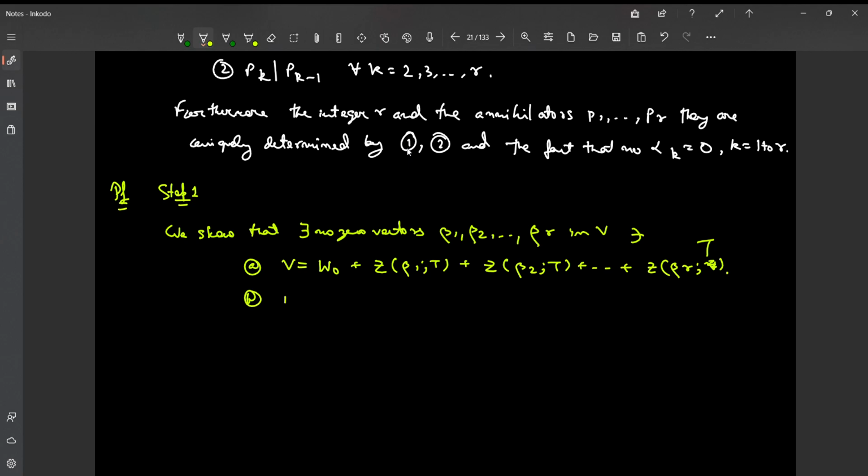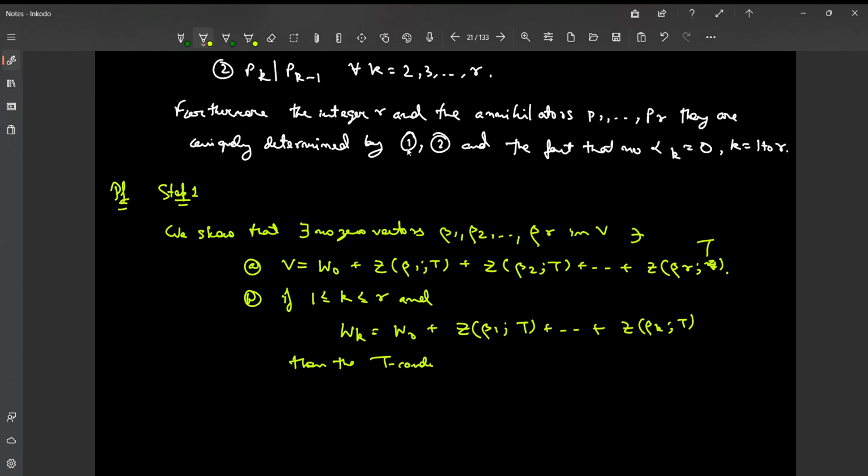And number B is that if we choose an index k between 1 and r, and the subspace Wk is given as W naught plus the T cyclic subspace generated by beta 1, and so on till the T cyclic subspace generated by beta k, then the T conductor of beta k into Wk minus 1, say, which we denoted as pk, and we have also used this notation in the previous lecture, s beta k, Wk minus 1,